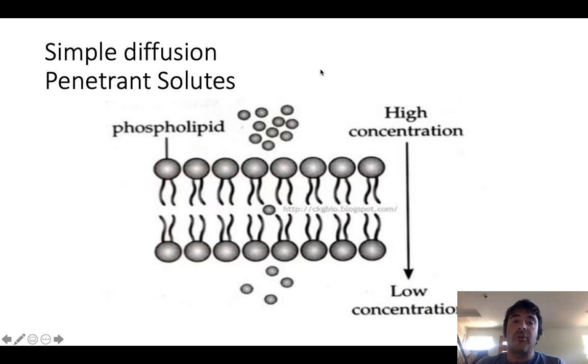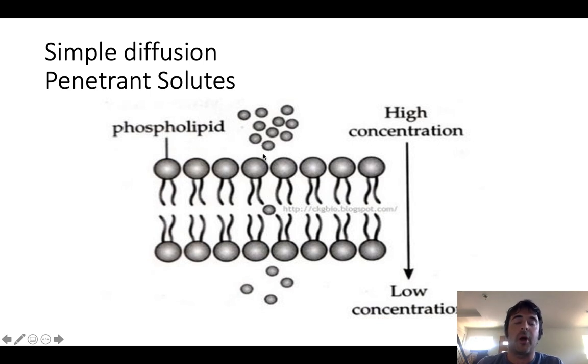Now there are three types of passive transport processes you need to be familiar with. Simple diffusion. Simple diffusion takes place, first off, how do you know this is passive transport? Well, this solute particle is moving from areas of high to areas of low concentration. If you see solute particles moving from areas of high to areas of low concentration, meaning moving with their concentration gradient, that is a passive transport process. Because there's no reason to input energy in the form of ATP. You don't see ATP being used here by any of these molecules. That's because these solute particles will move with their concentration gradient. So these solute particles move from areas of high to areas of low concentration, and that's how we know it's